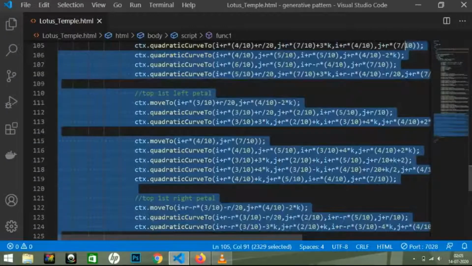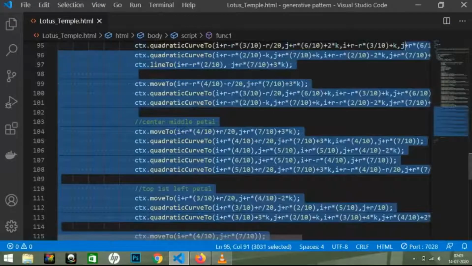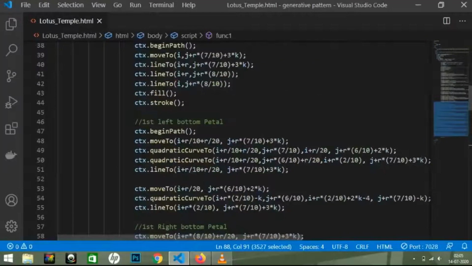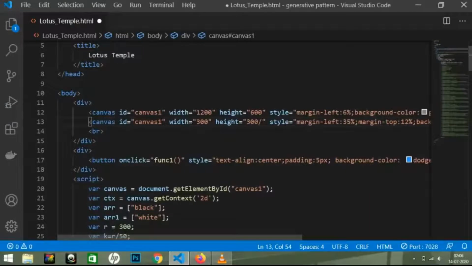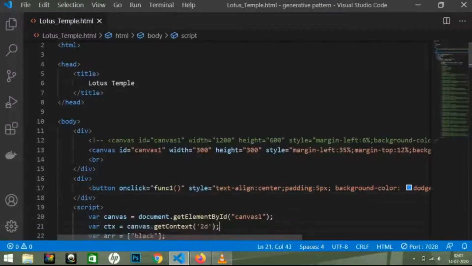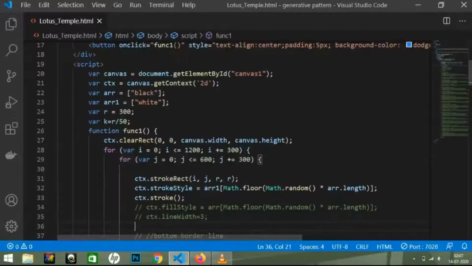As usual, I have my code with me, so let's comment it first to understand it better. As I have commented the code, only the gray part will be visible. Here I have created the code for two canvases but used only one at a time, because I am trying to show how to create a single motif of a generative pattern and then replicate it both horizontally and vertically. Now let's move to the JS part.